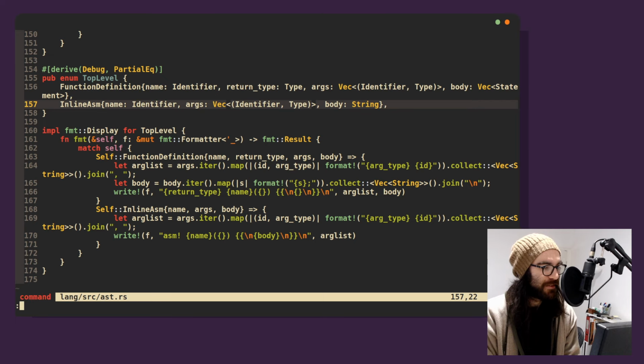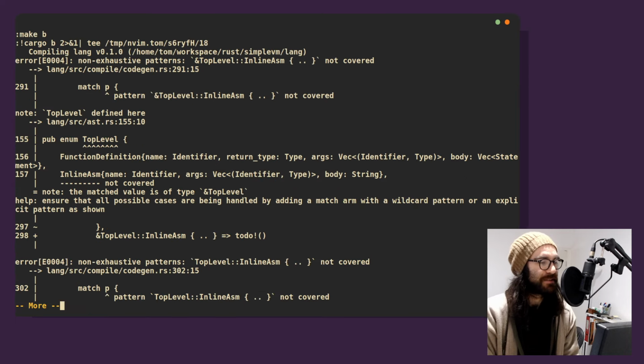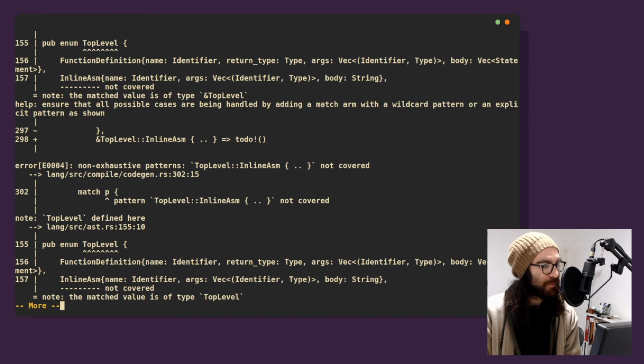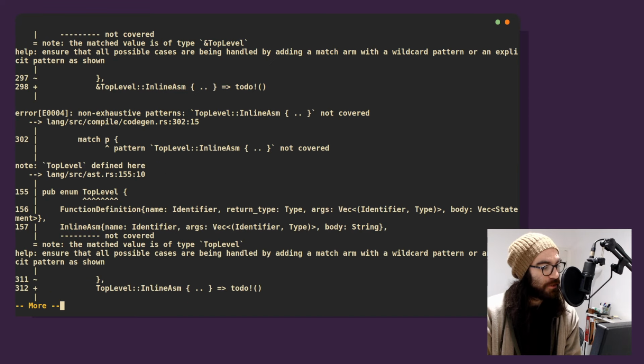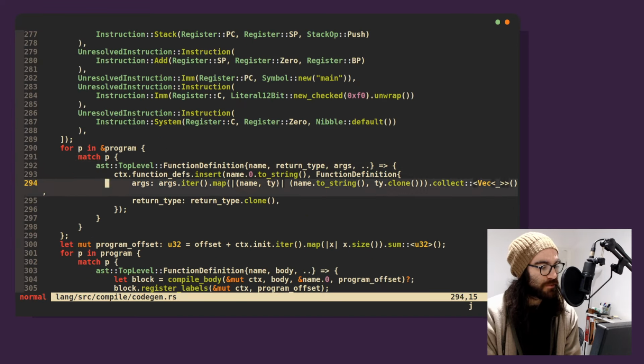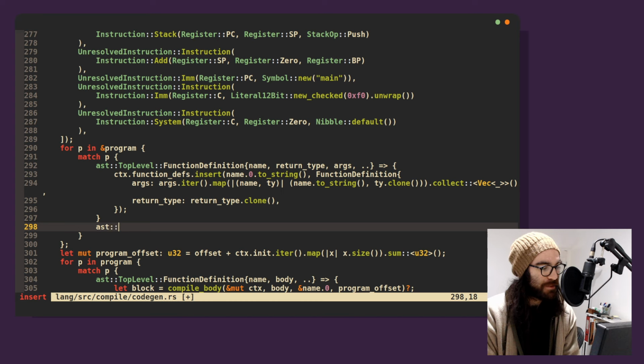Identifier. Typing is really hard when your hands are this cold. Okay, so now there's a couple of places where I'm not dealing with this. Codegen. Cool. So if we have an inline assembly block, at top,